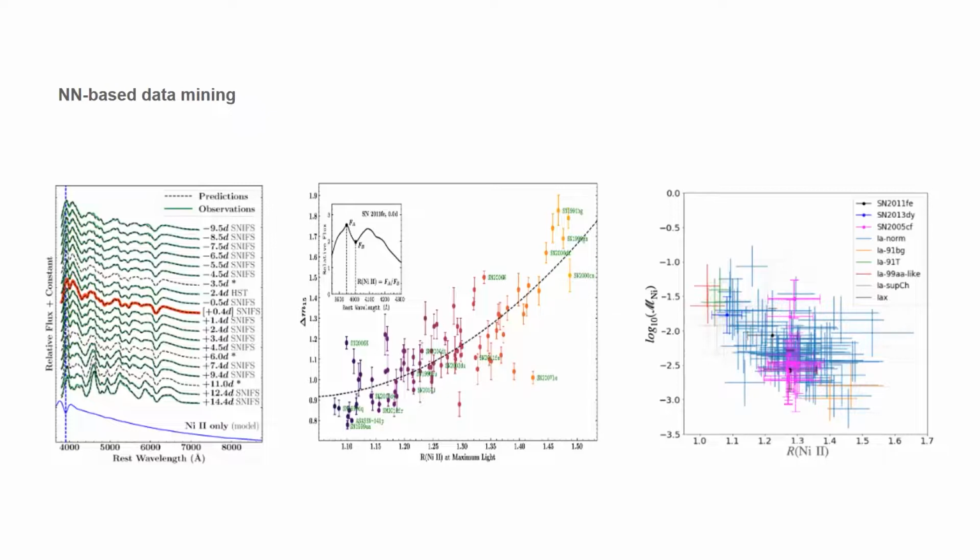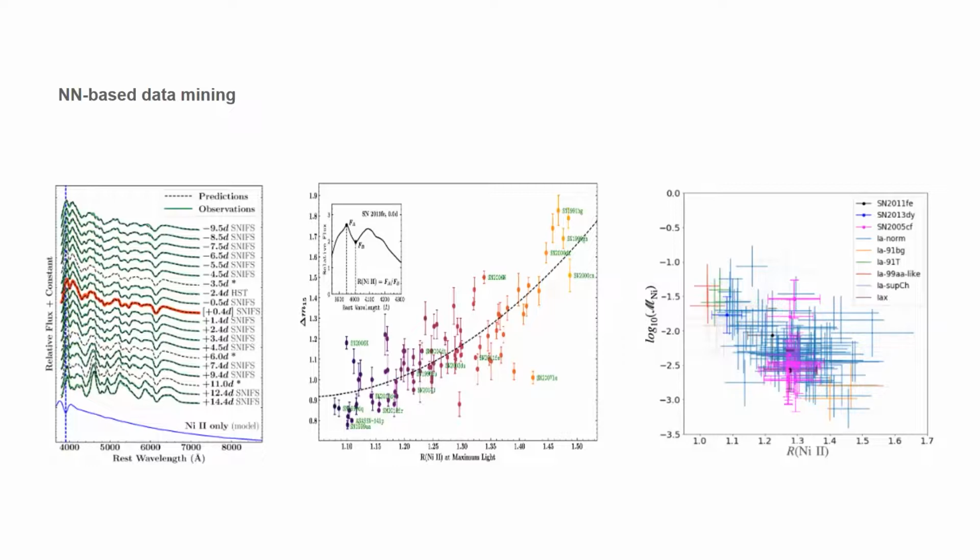The reason I'm showing this is that this is an array of observations. This data is very expensive to take. Taking a spectrum on the telescope, this telescope is 8 meters in size, located in Chile, and running it each night costs something like hundreds of thousands of dollars, a crazy amount. And we took this huge array of data. But as a matter of fact, a lot of this information is actually encoded in the data of a single observation.